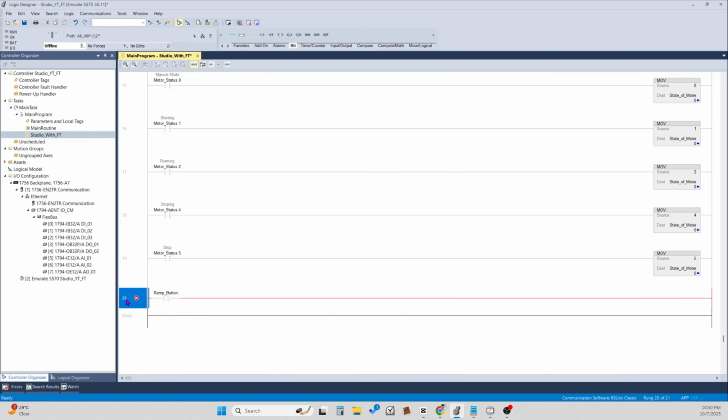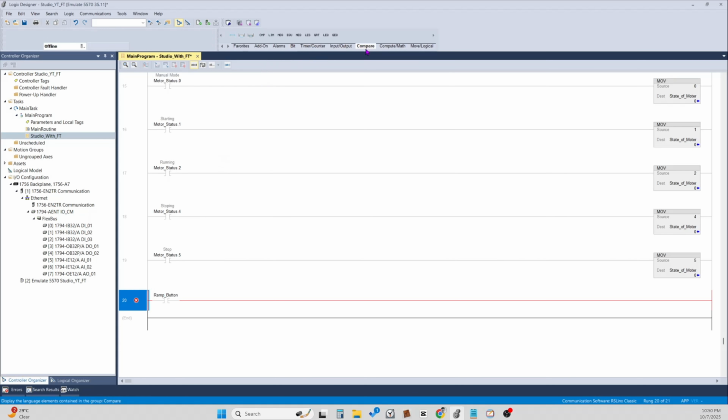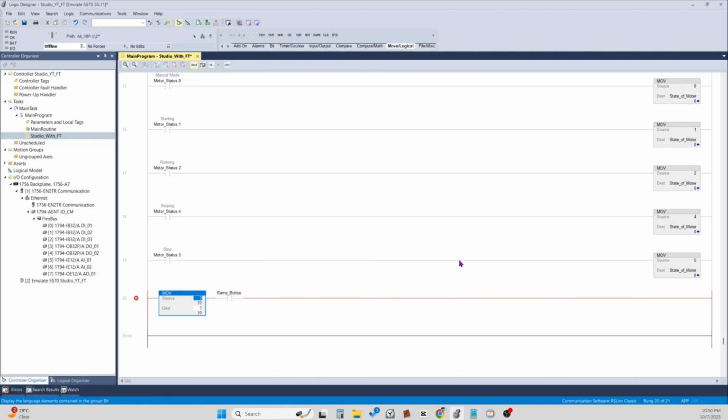But remember, you are going to create a RAM button to increase the set point value, so you have to create an integer or word, or a double word value. So you can take a compare, and here you can see move, logical move value. So in the move value, for example, you have